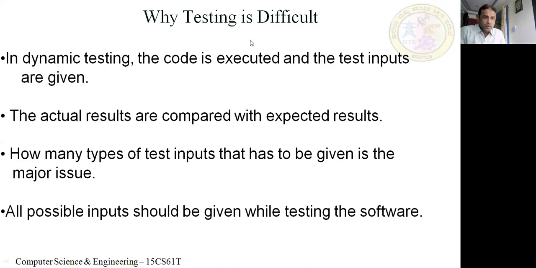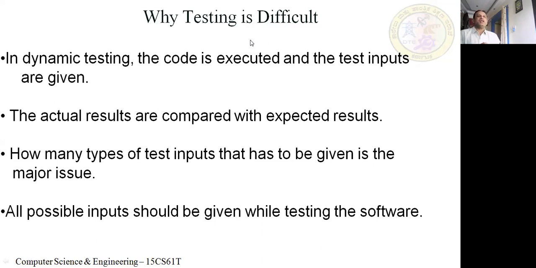Simply if you go on giving, it's very difficult to identify how many inputs should be given. But see here, all possible inputs should be given while testing the software. Maybe 2-digit numbers, maybe 3-digit numbers, or 4-digit, 5-digit, and so on. So you should test for all possible values. How many should there be? We don't know. It will be very difficult. We'll see the example. Why is testing difficult? Because we need to find how many values to test and when we should stop. If we go on entering possible values, there are so many possible values. Then when to stop? That is why we say testing is difficult.